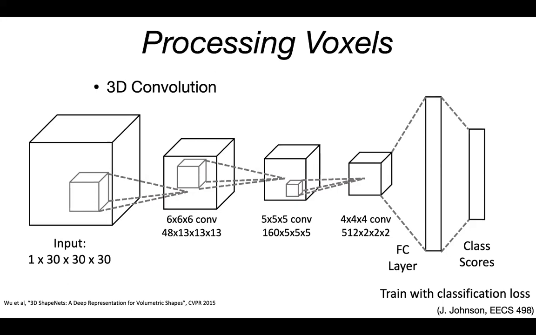And then here we use a 6 by 6 by 6 convolution and translate this into 48 channels with resolution 13 by 13 by 13, right? And keep going with a convolution that's 5 by 5 by 5, and then augment this to 160 channels. And finally, we have a 4 by 4 by 4 convolution, and that gives 512 channels of 2 by 2 by 2